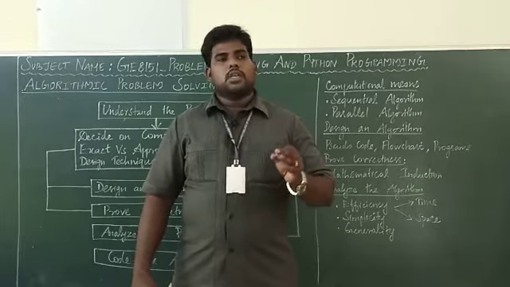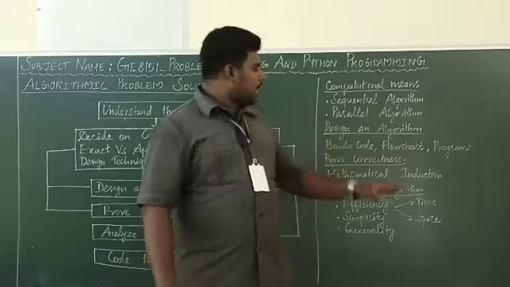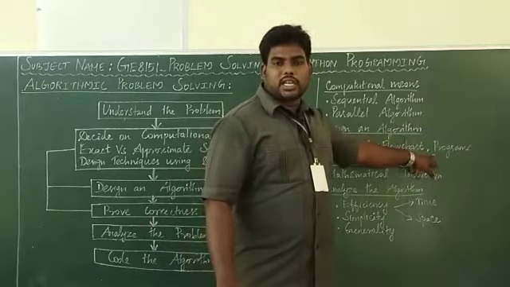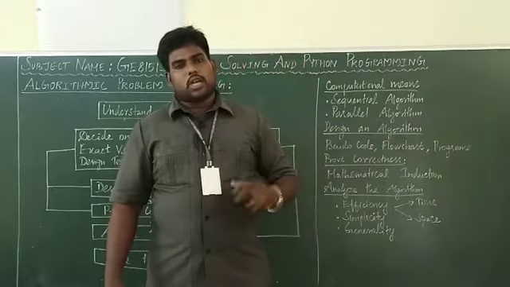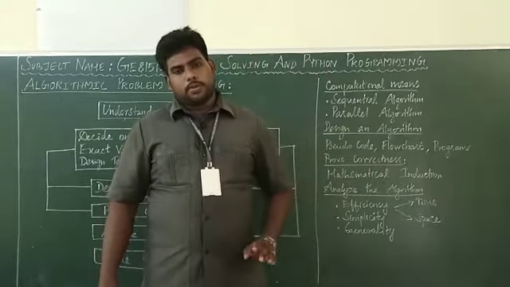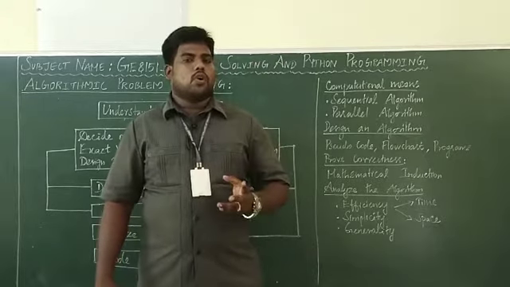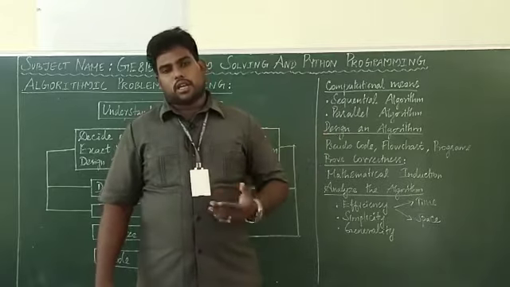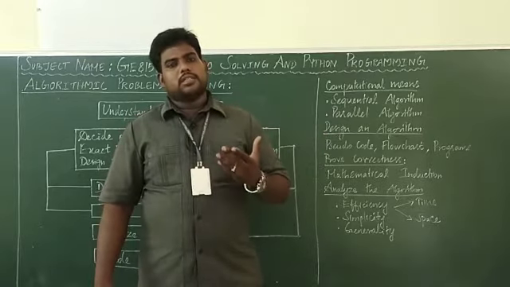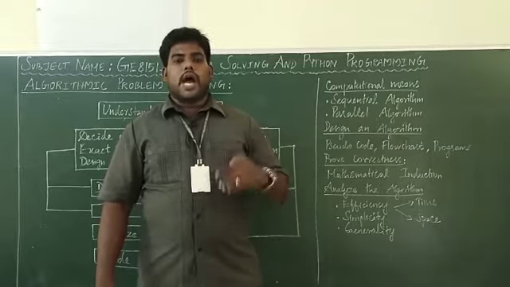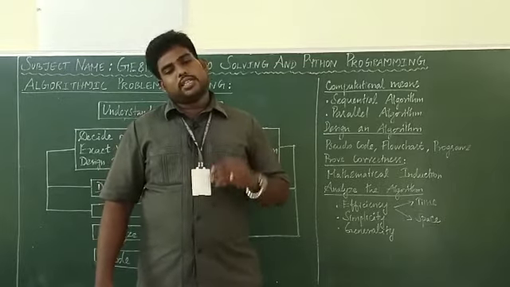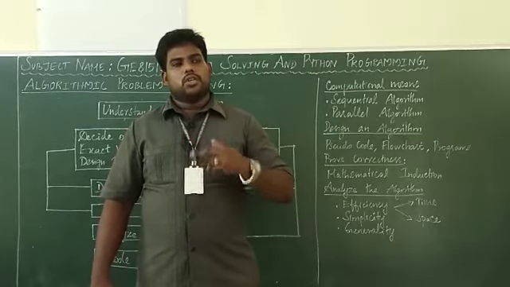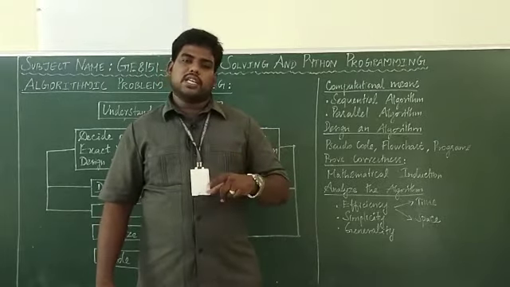Suppose you wrote the program for the factorial. In various representations, a program also we can write, right? So you write the program for factorial, you executed it and you got the output. Now you have to know whether the answer you receive from the program is correct or not. How will you find out? You have to solve it manually and check. For example, 5 into 4 into 3 into 2 into 1 gives 120. So if both answers match, we can say it is correct, right?